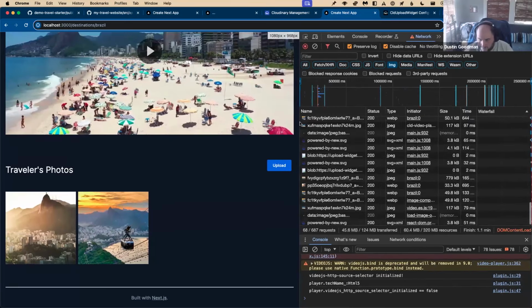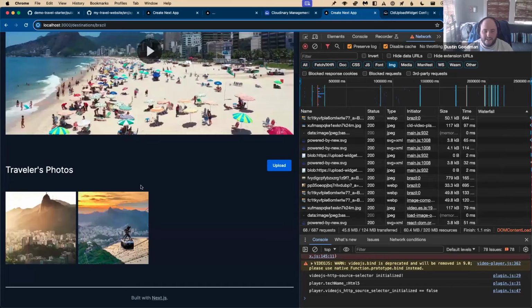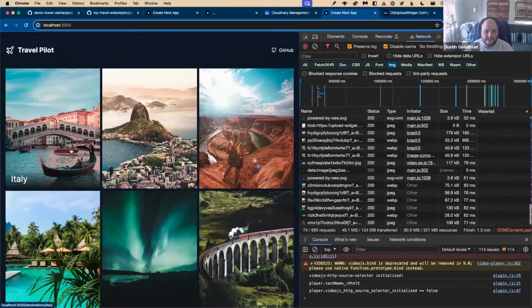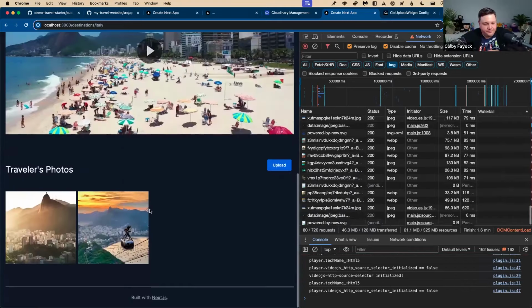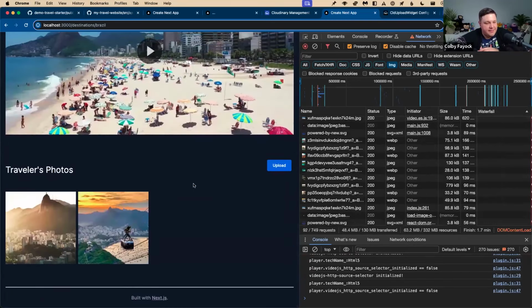Yeah, you were mentioning the tags, and I was actually thinking about the tags for a minute, because one of the other things is if I go to any other page now, like let's say Italy, I'm gonna have Brazil photos, aren't I? Yep. So the way that I'm handling it in my example is I'm dynamically creating a tag based off of that destination page. So if we open up the app,